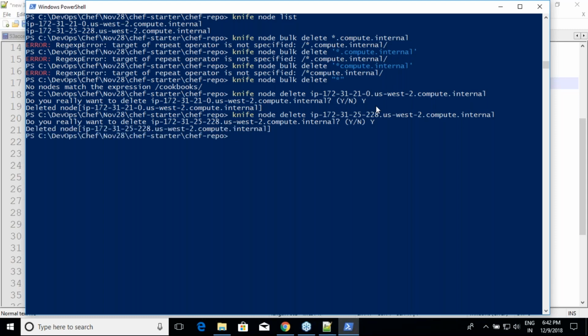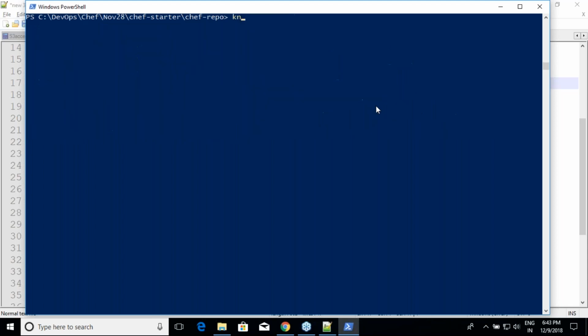So we know about knife bootstrap already. Knife bootstrap hyphen help, you just do, and you will come to know what is the command which you have used. Right now, what I want to do is create an environment first, and a role. So before I do that, I want to upload some cookbooks. Let me just look at knife cookbook hyphen help. Let us see what are the cookbooks. If I want to see the list of cookbooks, is there some command which will help me out?